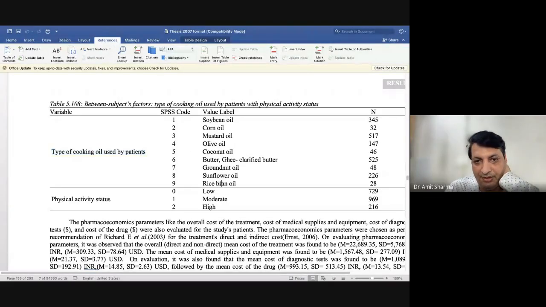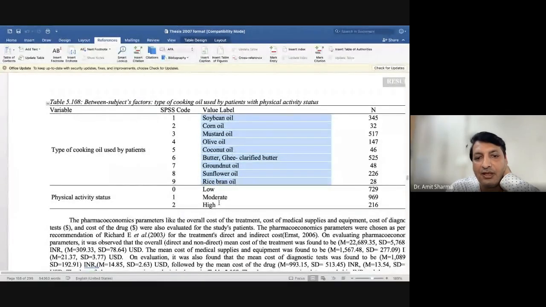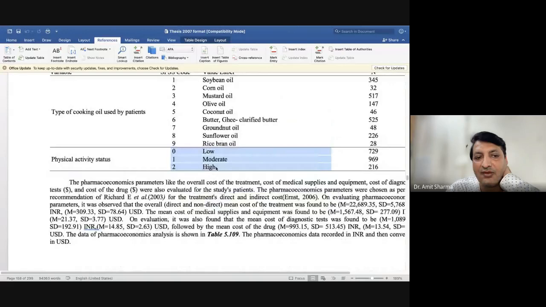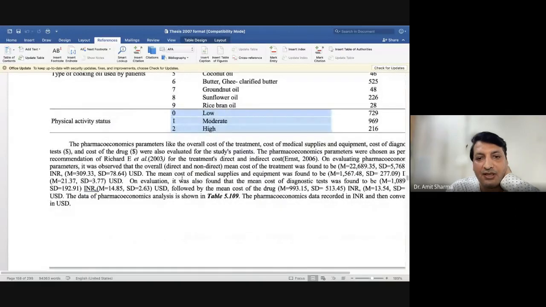So if codes were more, then it is difficult to remember which code has been mentioned. For example, code 1 is soybean oil, code 2 is corn oil, code 3 is mustard oil, code 4 is olive oil. So what I was comparing was which of these oils is best for diabetic patients or for hypertensive patients, along with how much physical activity they were doing. So the same variable I have taken: low, moderate, and high physical activity, and you can see the result has been